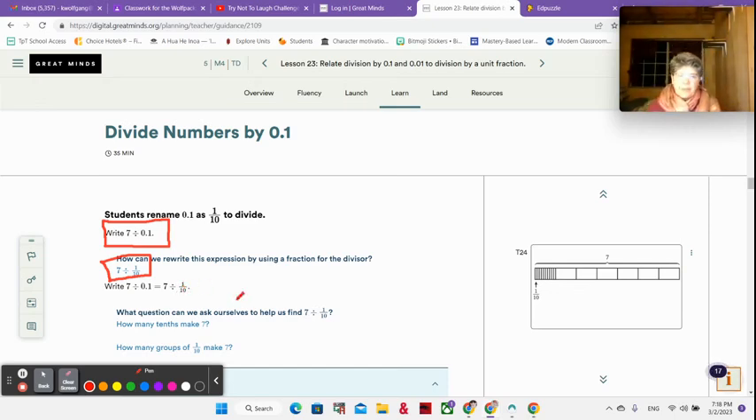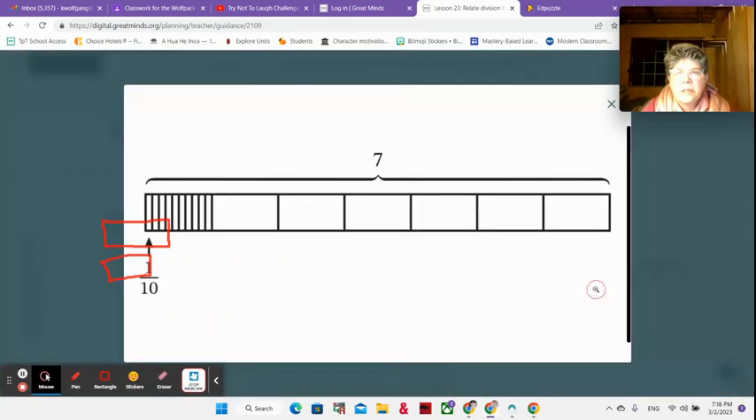So think about that. How many tenths are there in 7? Or how many groups of 1/10 are there in 7? Okay. We can look at a tape diagram to help us out with that. Let's pull up this one. All right, so there you can see